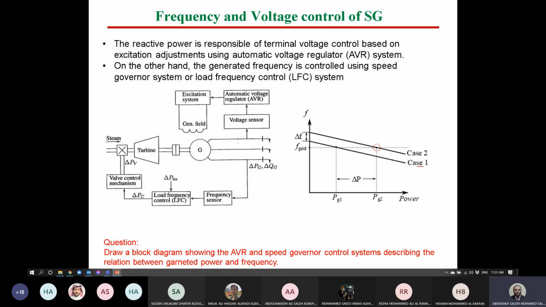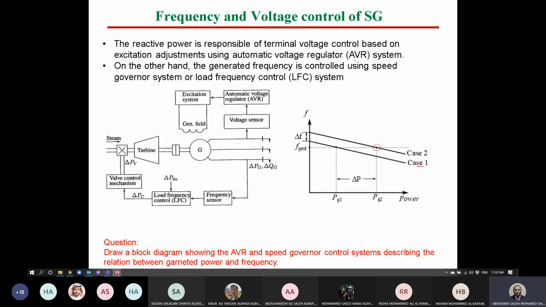What about thermal? If you have some boiled water on an oven, for instance, and you turn the oven fuel off, can you put your hand in the water just after turning off the oven? It's impossible, because it will take a very long time to cool the water. And this is a simple example to compare electrical, mechanical, and thermal time constants. For that, we can say that the speed of the automatic voltage regulator is higher than the